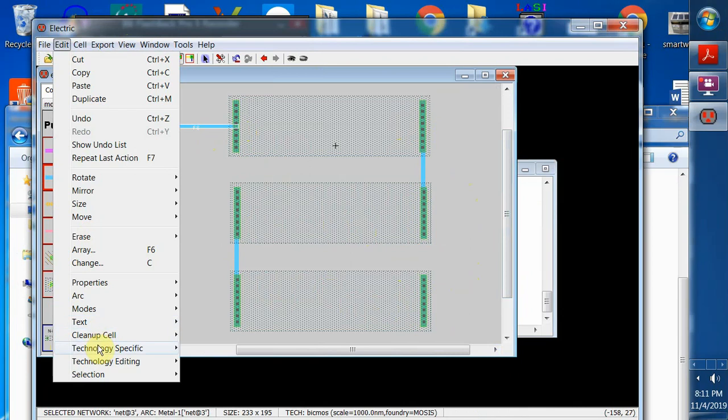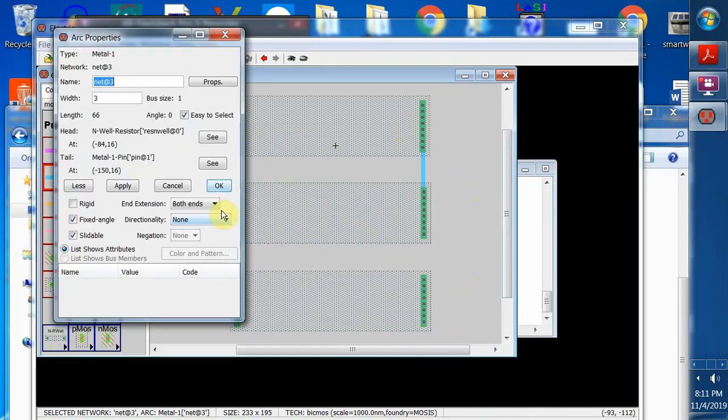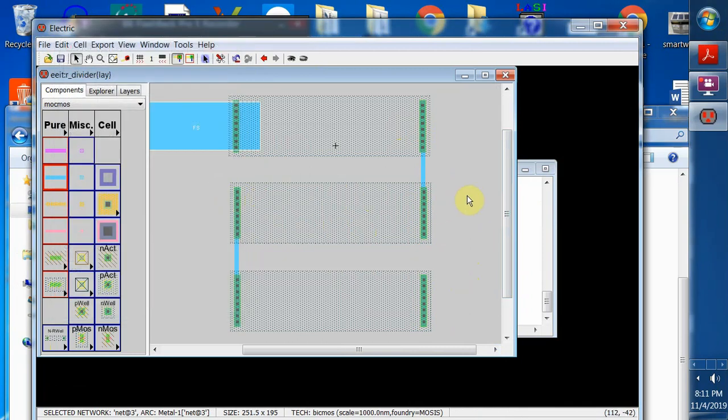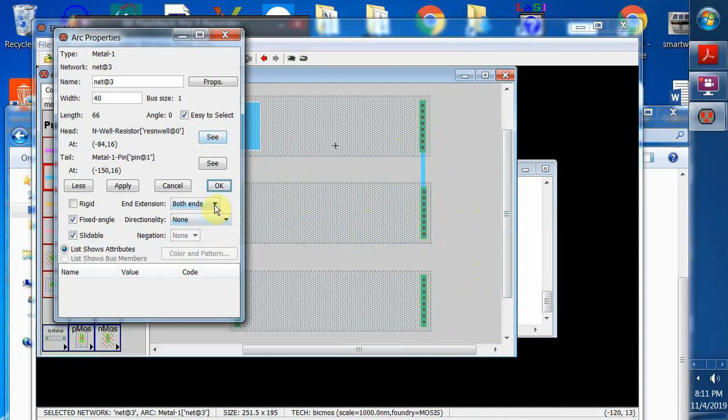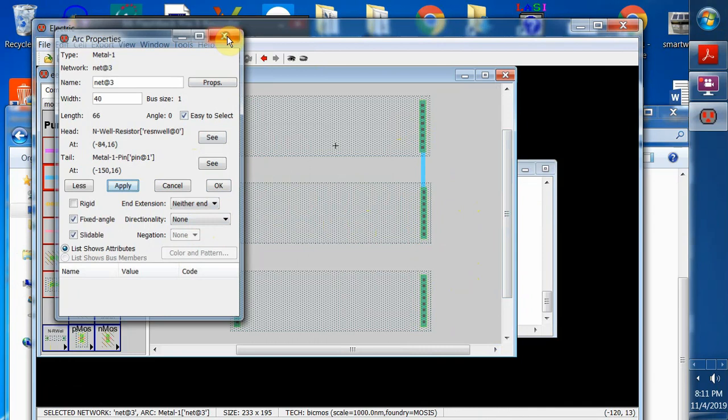I need to increase the width of the metal to 10 or even 40. And also, you don't want any end. You don't want any